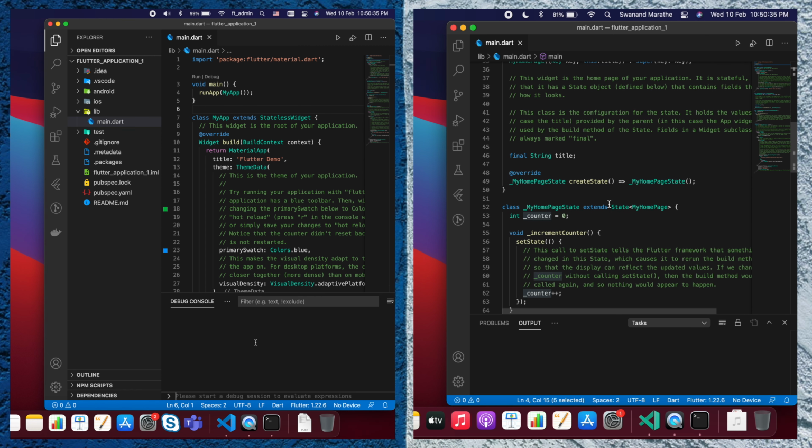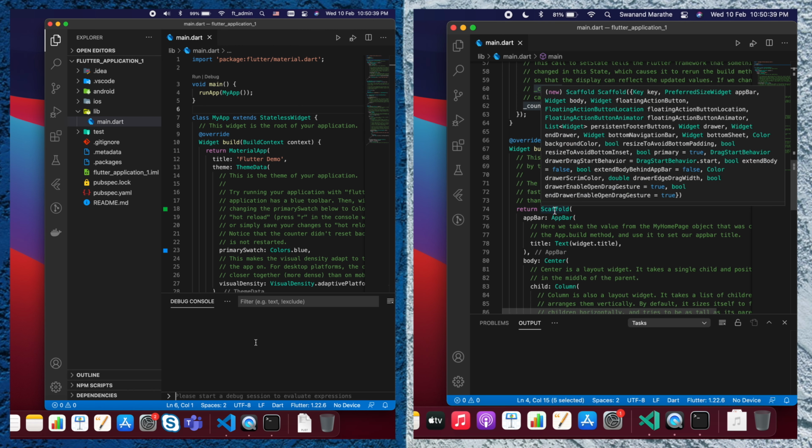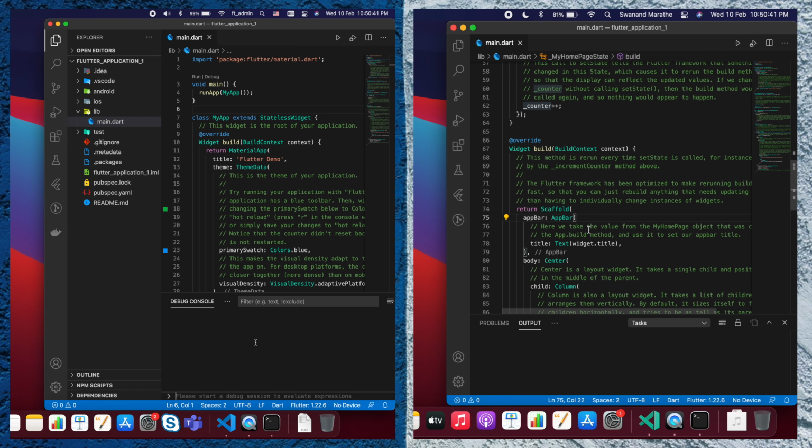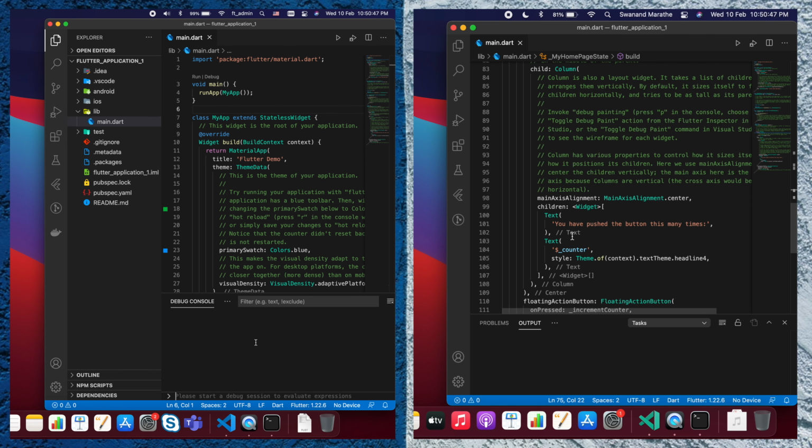In the home page, we have created a Scaffold and an AppBar, and in the AppBar we have displayed a title. In the center we have added two Text widgets: 'You have pushed the button this many times' and a counter.